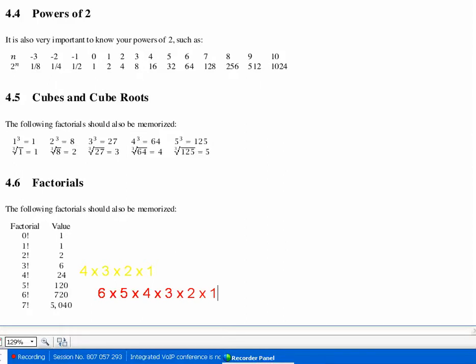The only one that's a wee bit unusual and that you will need to remember on its own account is the value of 0 factorial, which is 1. I'm sure that some advanced mathematician can tell us why that's an essential part of math, but it does come into some of the math problems that we're going to be facing. Next week and the week after, we'll be covering the areas of math that these come into. It's called combinatorics, but it's just important to recognize the notation and know the values as you look at them. Okay, so